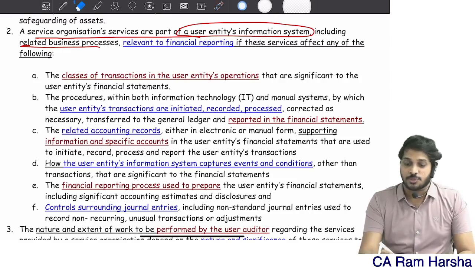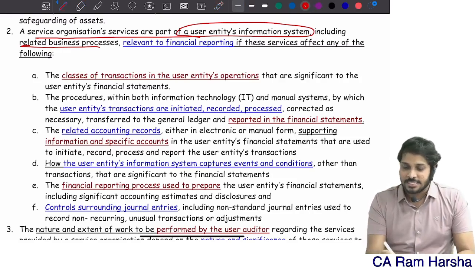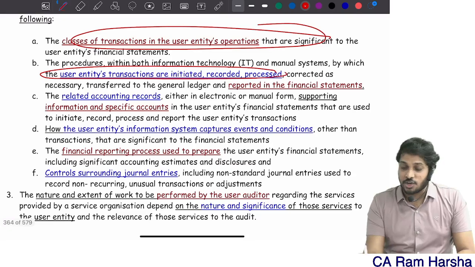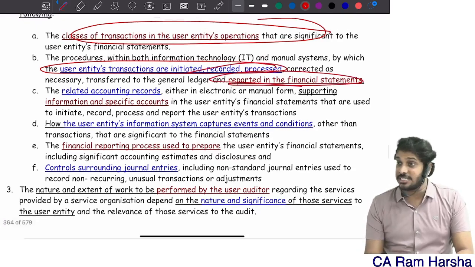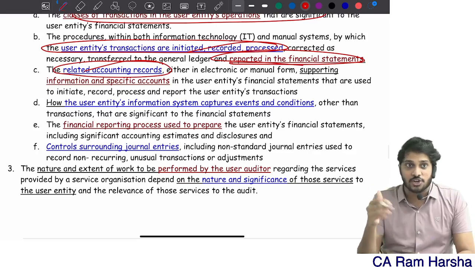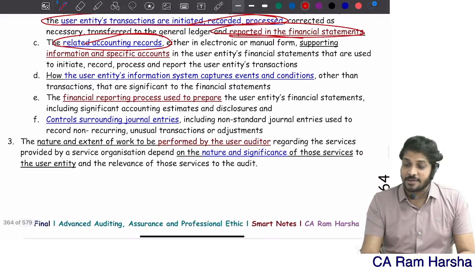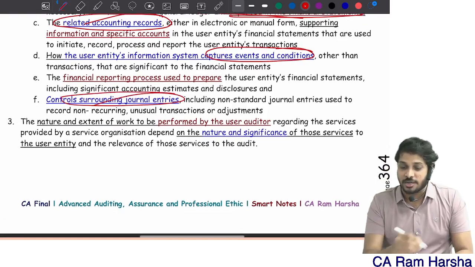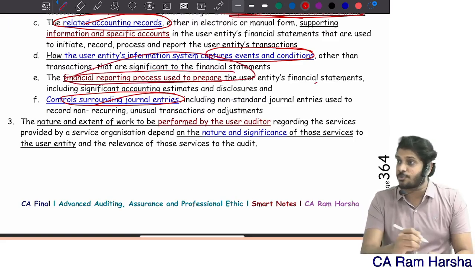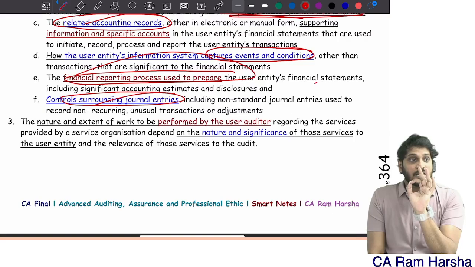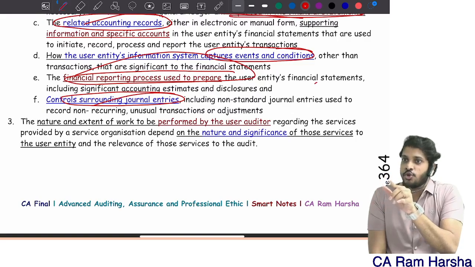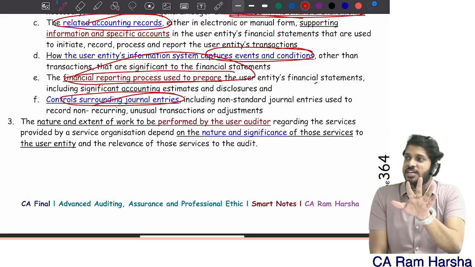If the services provided by the service organization affect a significant class of transactions, the way the entity records the transactions and reports them in the financials, the accounting records maintenance by the entity, the way the entity captures events and conditions, journal entries, or the financial reporting process. Those services provided by the service organization that are related to the user entity's information system and related internal controls relating to financial reporting,